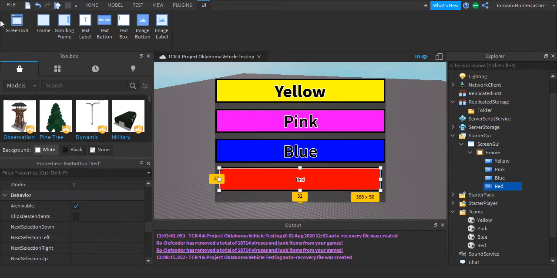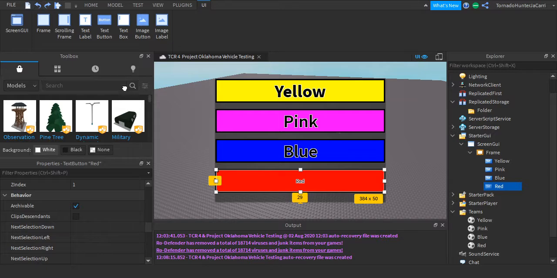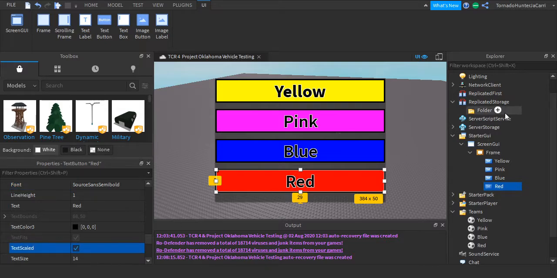Oops. I accidentally did, I don't know what I just did, but I just undid it. So let's make this bold, like I said, and scale the text. So now we've got scaled text. So the GUI is coming along perfectly. The next thing to do is basically,